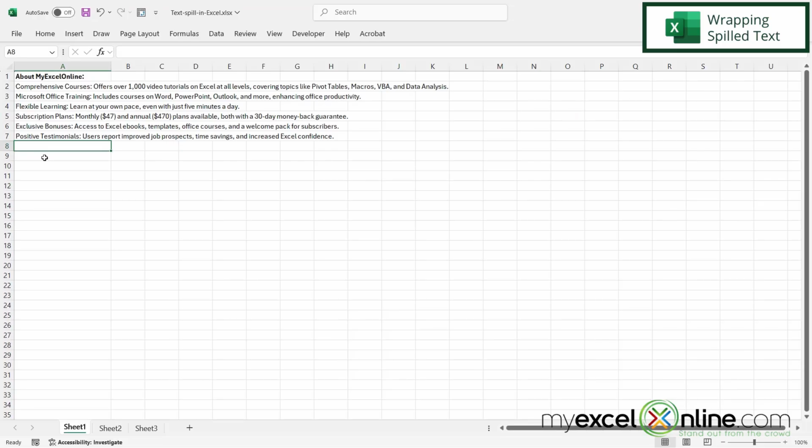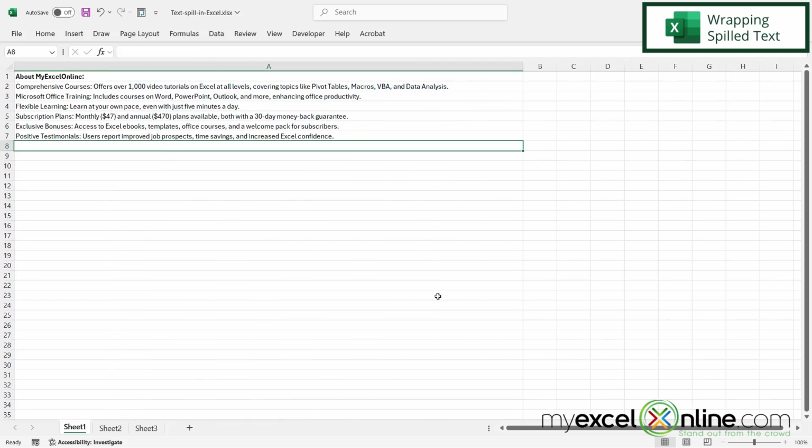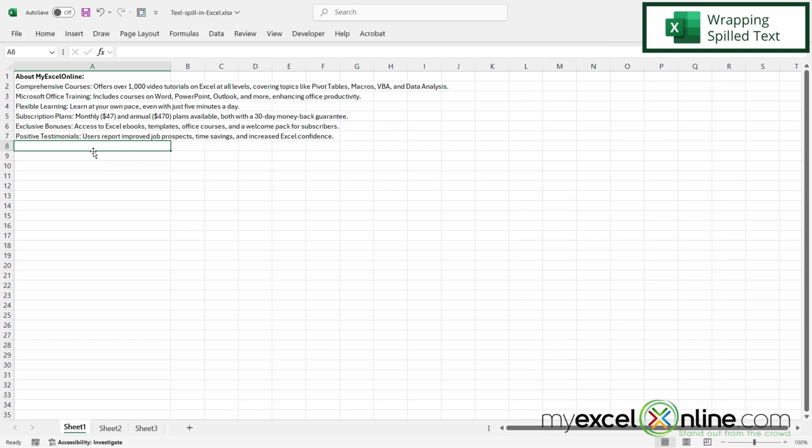So here I have an Excel spreadsheet where I am not keeping all of this text in one column. I mean, I could just slide the column like this and then all my text would be in one column. But there's a couple other ways you can take care of this if you want to have a specific column size. So the first thing I can do is highlight all of my data, and then